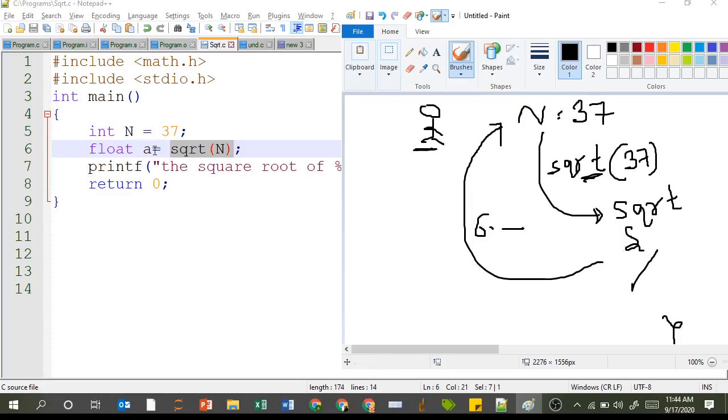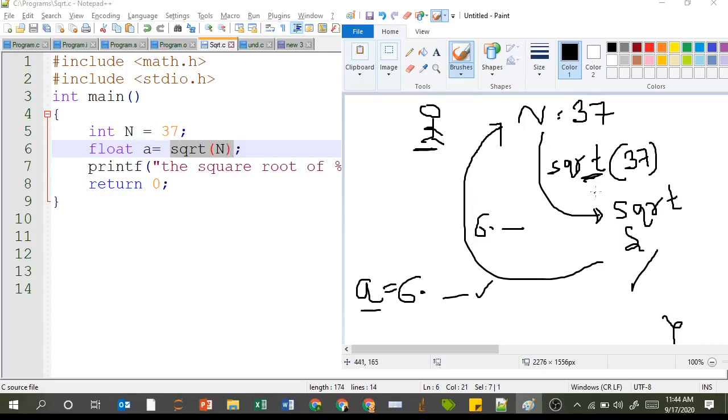So now the returned value will be stored somewhere. So the placeholder holding this value is variable a. So I am saying in a, the result will be stored. Okay, so 6 point some value will be stored in a. Now, why have I written float over here? Because this number is representing a real value. So in order to store a real value, I'll have to use float. That is why I have written float on the left hand side, but integer for n, because 37 is an integer number. So in this way, your program is working in this case.